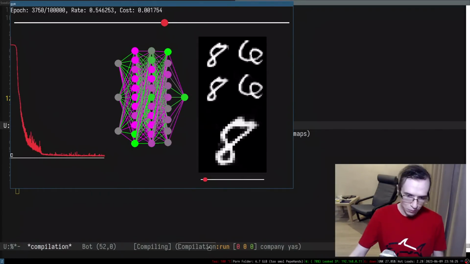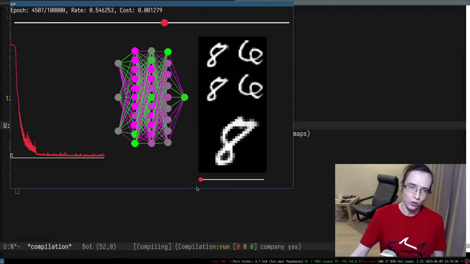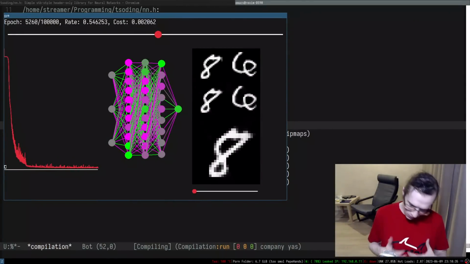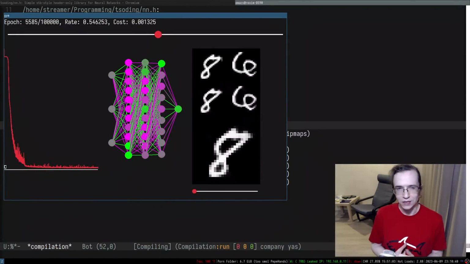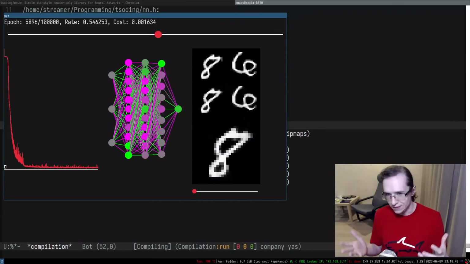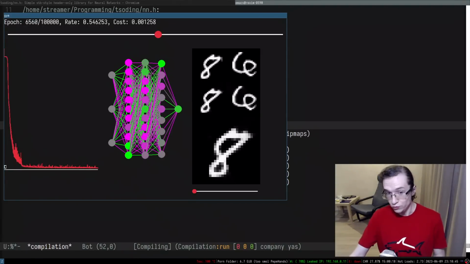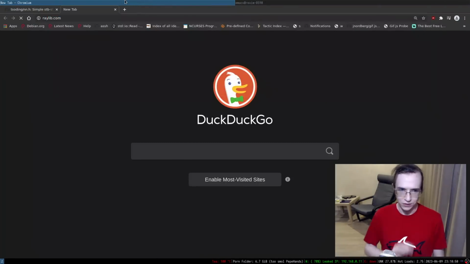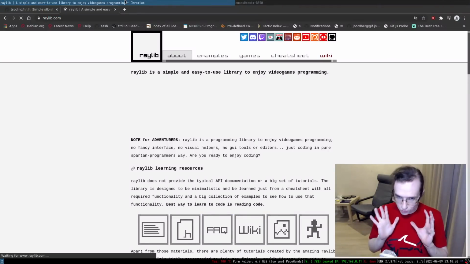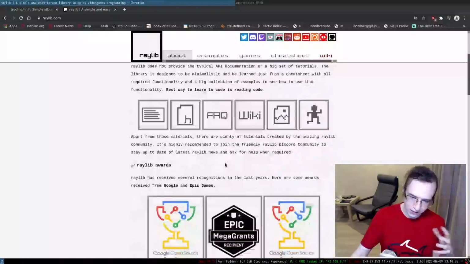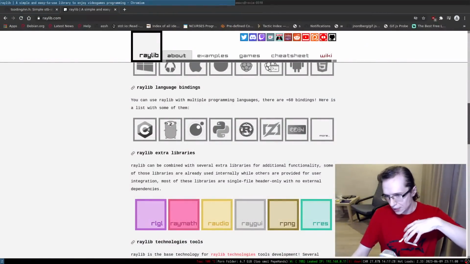But the problem here is that developing UI applications is rather difficult. Anyone who tried to do that will agree with me, because they're very much, as some people said in our Discord chat, boilerplatey. And here we are using Raylib for visualization. So Raylib is this entire thing, and this is just a graphical library for making games. It doesn't have UI stuff. Well, it does have UI stuff, but it's a separate library built on top of Raylib.